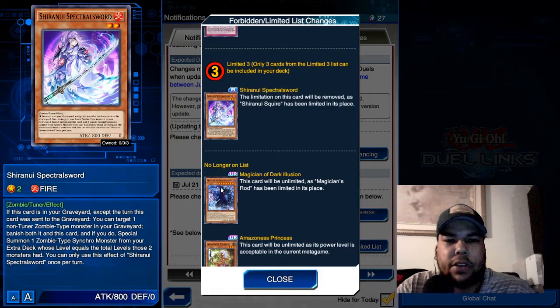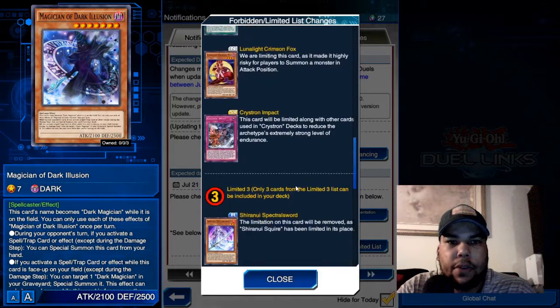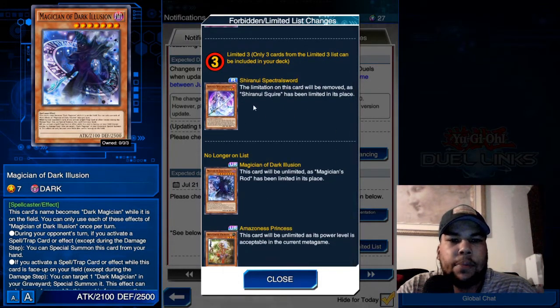This one here doesn't really matter. Magician and Dark Illusion getting unlimited. I mean, it kind of does. My only complaint is I wish this card was semi-limited also, or even limit 3 at the very least. Just because now, I don't remember the old change for this card. I want to say it was just semi-limited, but it being like this, most people only run 1 anyways. But I think just having those kind of checks and balances for Dark Magician period is fine,